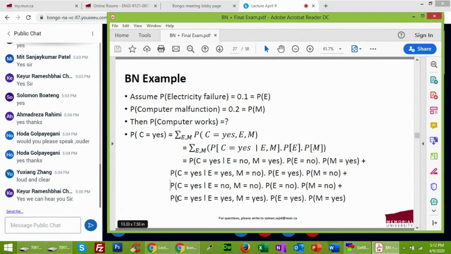Now in the last one, where the computer works, whereas E, your electricity failure, also happens, and the computer malfunction also happens. In that case, the computer will definitely work. So the probability of this will be equal to 1. Now that's what is used in the next slide.